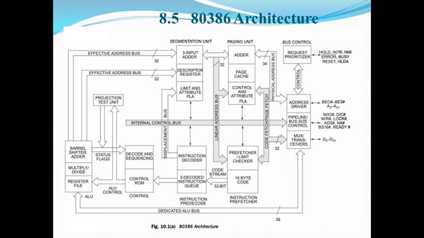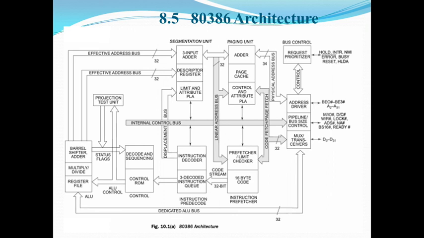Instruction unit decodes the opcode bytes received from the 16-byte instruction code queue and arranges them in a 3-instruction decoded instruction queue. After decoding these, it passes them to the control section for deriving the necessary control signals. The barrel shifter increases the speed of all shift and rotate operations. The multiply and divide logic implements the bit shift rotate algorithm to complete the operation in minimum time. Even 32-bit multiplications can be executed within 1 microsecond by the multiply and divide logic.